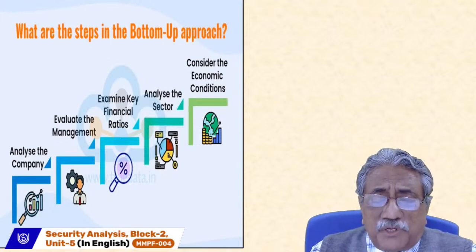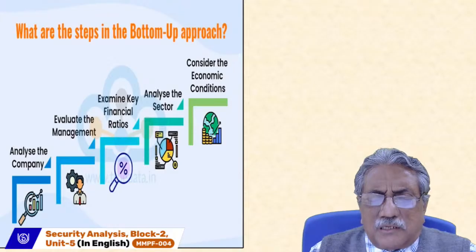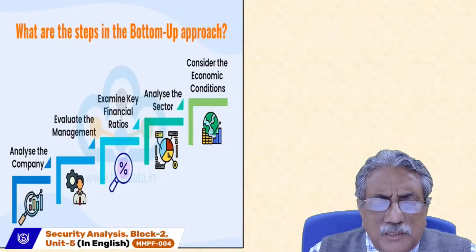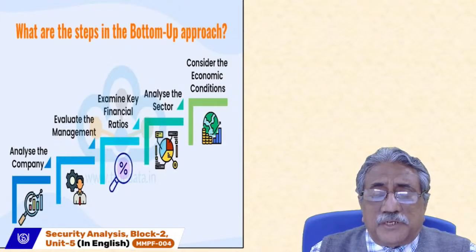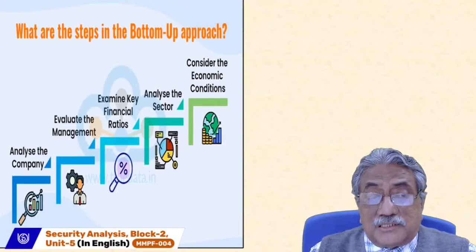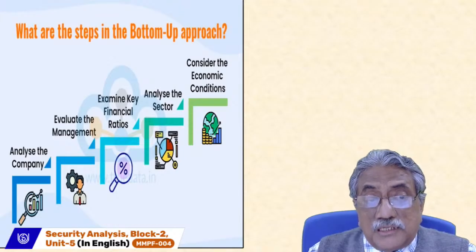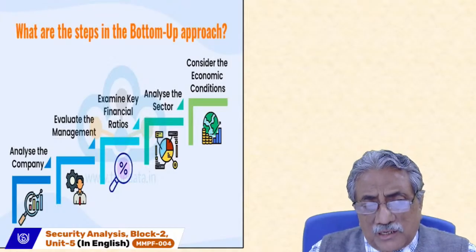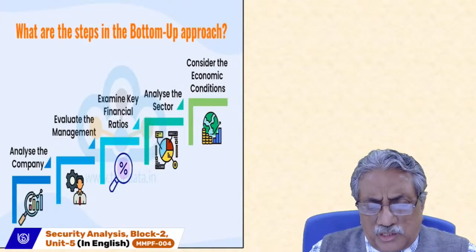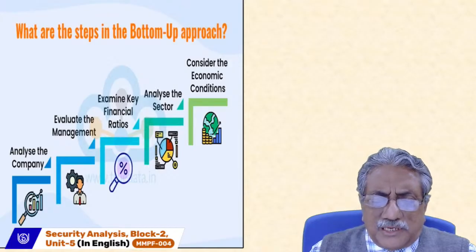Now I find this company has many places where they are collecting blood and offering diagnostic services, etc. The management is good, their logistics and the supply side is good. Then if I move to examine the financial ratios, it's good. Then I come to the sector. Now there are a couple of things. Thyrocare was one which was there.